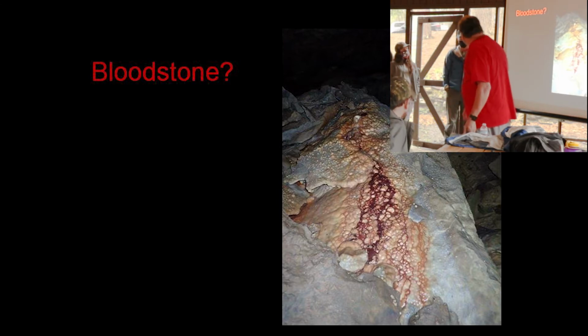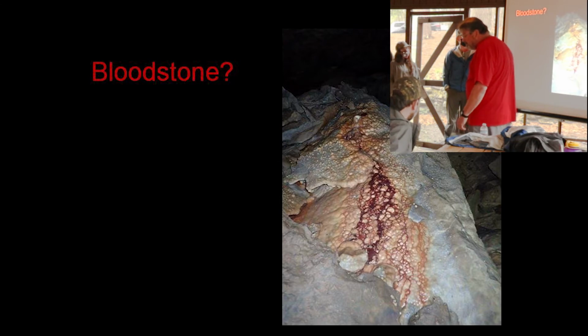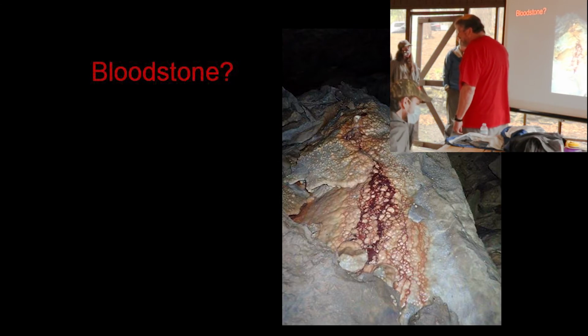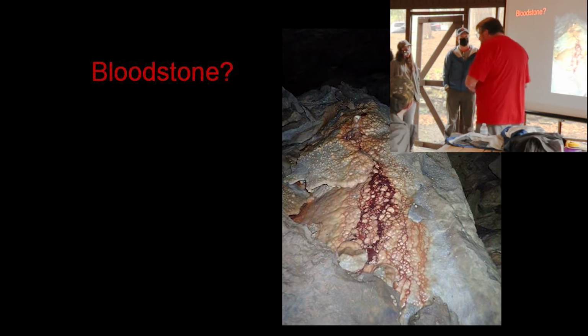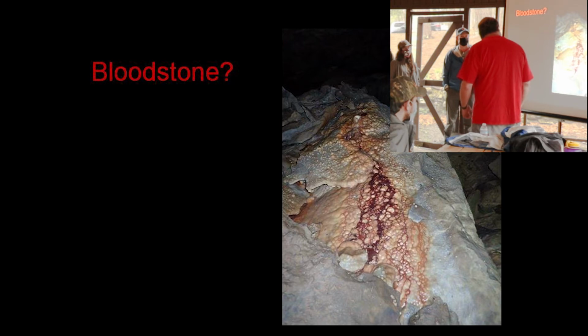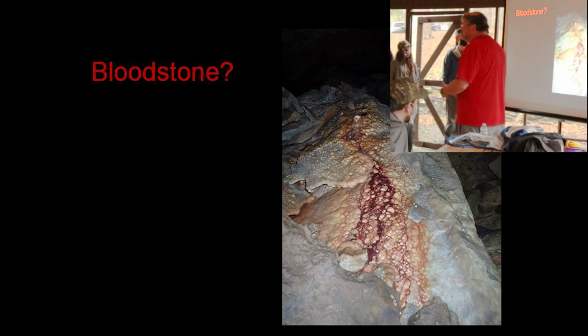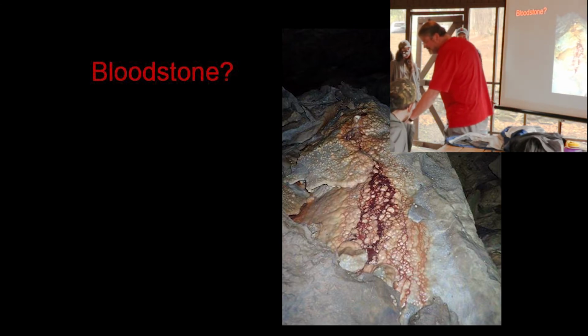And so I immediately emailed Joel and said, where is this? And he said, I can't really talk about it. I said, well, has anyone done any science in this cave? He said, not really. Ben Miller did a 3-hour trip one time, and that was it. I said, would you be interested in having a microbiologist survey this area? It looks interesting to me. And he said, yeah, sure, why not? I'm going to have to talk to the other guys. So 6 months later is how long the talk took. I finally got in there, and